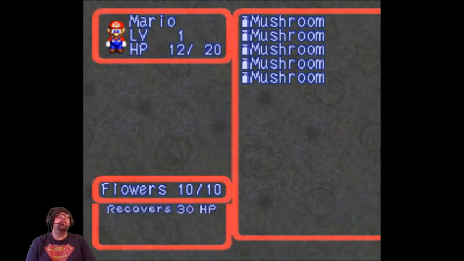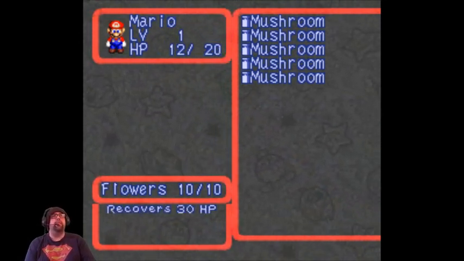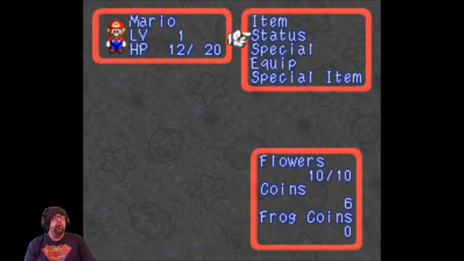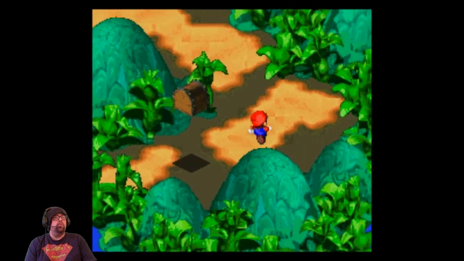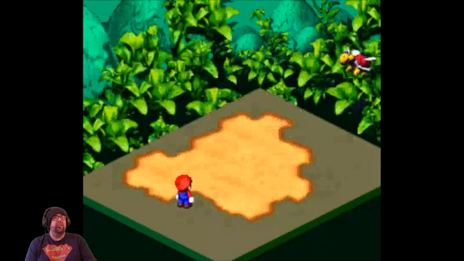So I got some mushrooms here. I'm not going to use one because it's 30 HP. That would be kind of a waste for 18 points. You can call me a cheapskate if you want. I would have to agree. All right, so come here, I want to fight you. And so